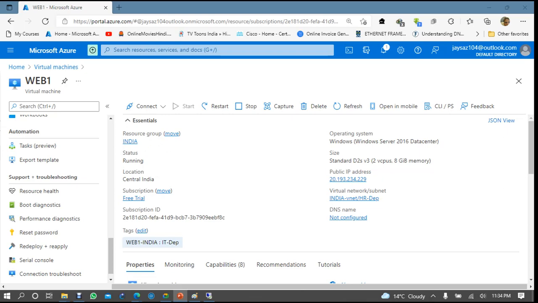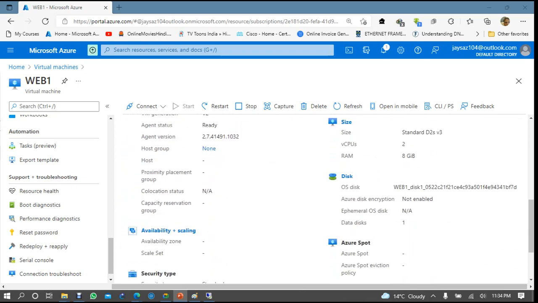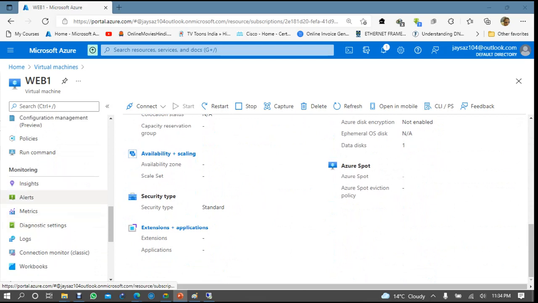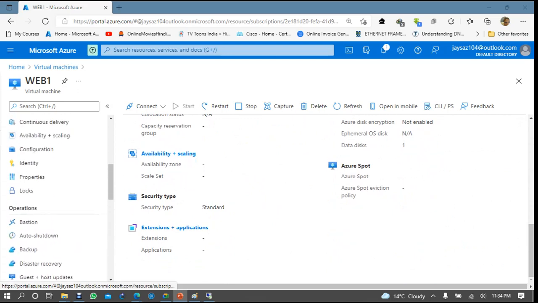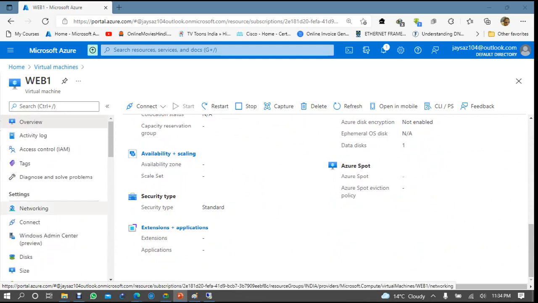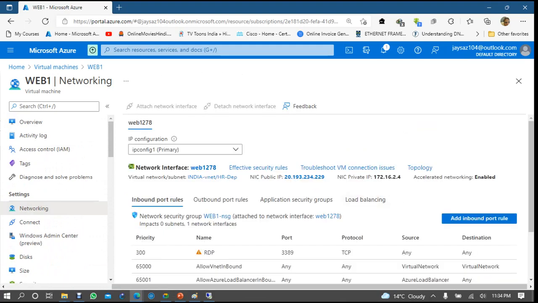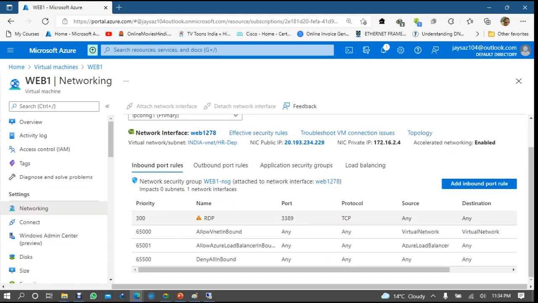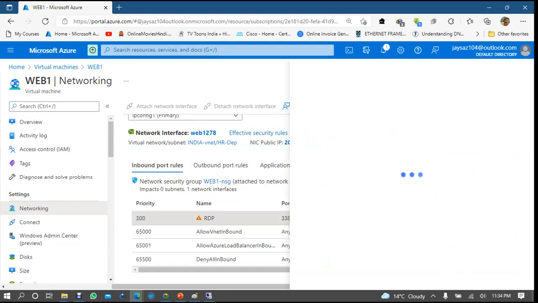But if I come here to my system, in networking, see, RDP remote desktop connection, okay, port 3389. But if you see here some yellow mark, if you click on this,